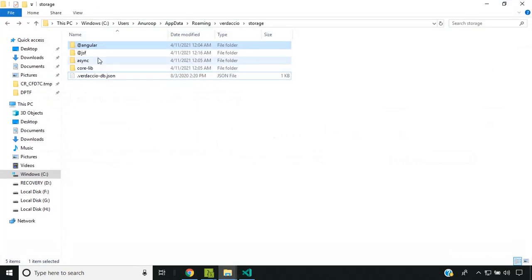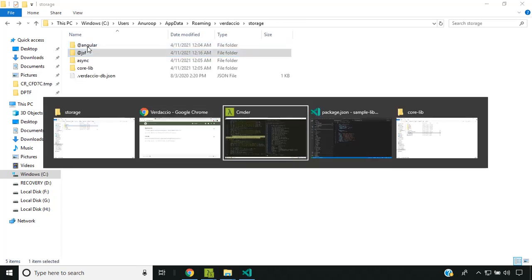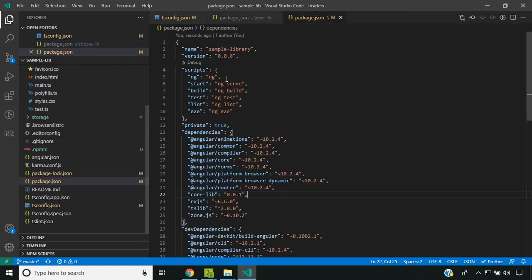Now if you go into the storage, you can see that at JSF is a folder similar to Angular, and inside that the core lib will be created. Now for referring in our package.json, we can easily rename it at JSF. So all the references need to be changed as well. So this is how we can create scope packages using Verdaccio.